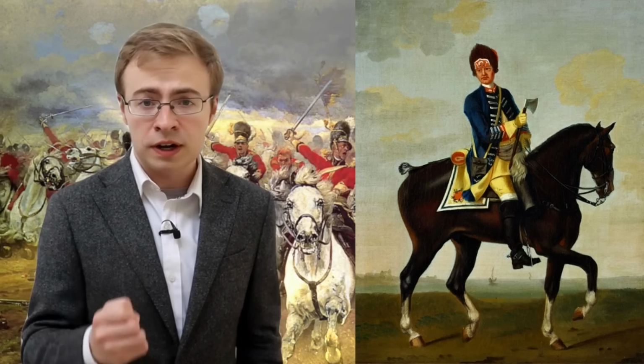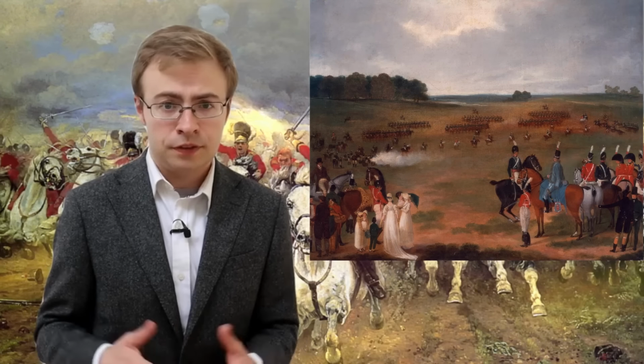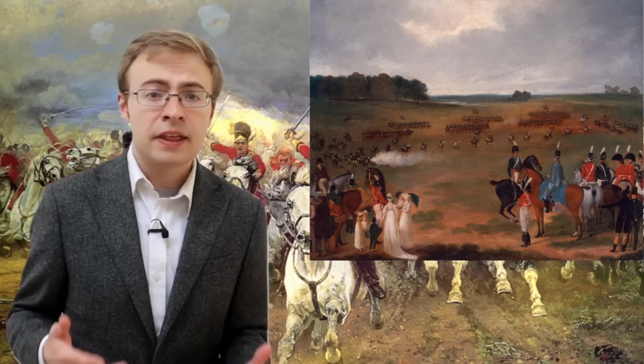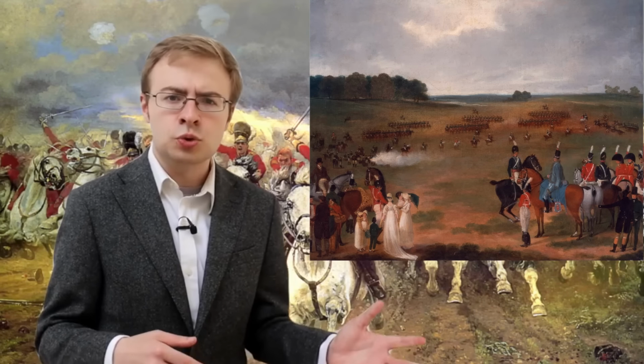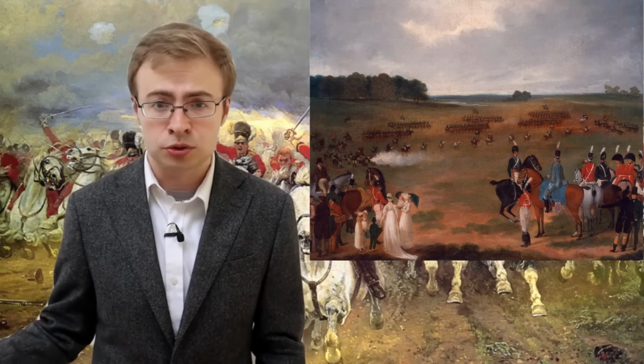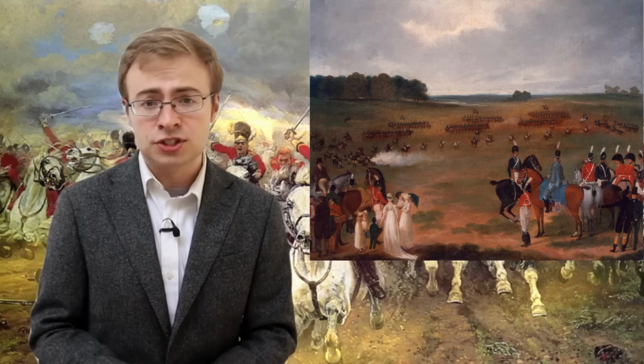They were on the regimental rolls, just like how pioneers were for infantry regiments. Now, in the British Army, a cavalry regiment would be divided into troops, the cavalry equivalent to a company, that ranged from, depending on the year and everything, a few dozen to maybe even a little over 100 soldiers. Now, obviously, each one of those cavalrymen was going to have at least one horse, and officers typically would have